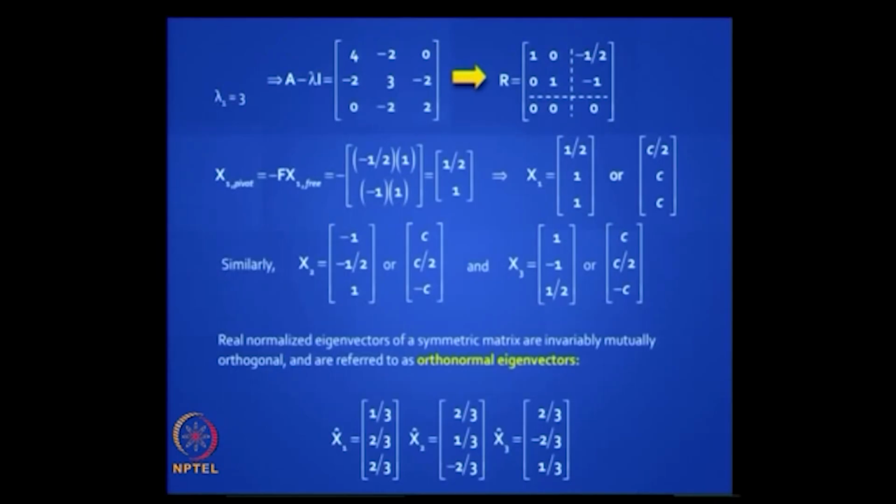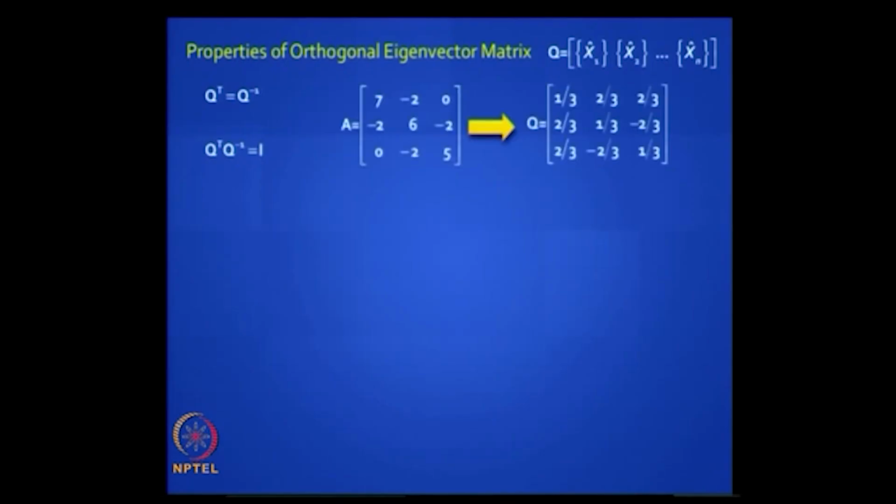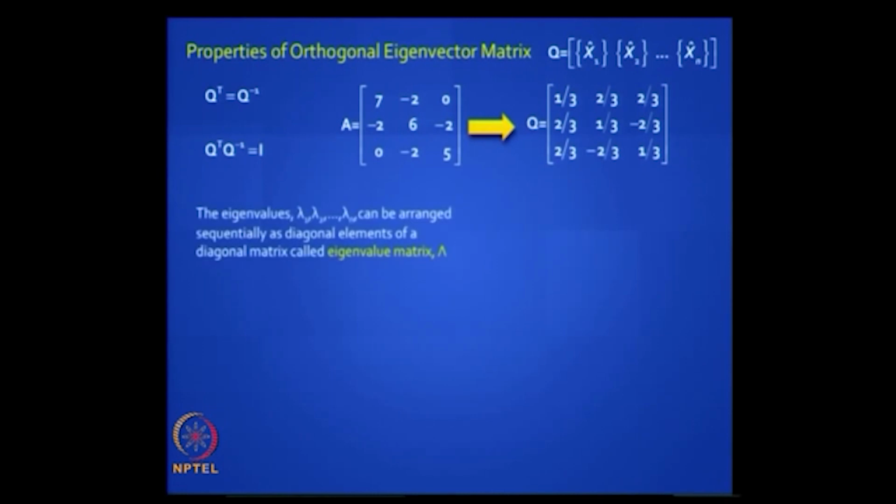One of the properties of this matrix, which you see here, is that the transpose will be the same as the inverse. So finding the inverse is very easy, just take the transpose of it. For example, once you have identified Q for this matrix A, if you take the transpose you will get it,